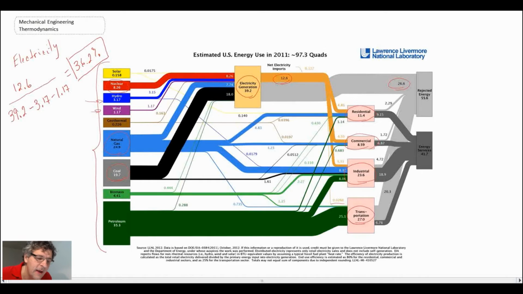Energy production, typically the Rankine cycles that they have, are efficient on the order of about 36.2% for electricity generation. Now we can do the same thing for transportation. So looking at transportation, the useful work coming out, or energy coming out, is 6.76. And I'm going to now divide that by the input, which I'll say is 27 quads, because we